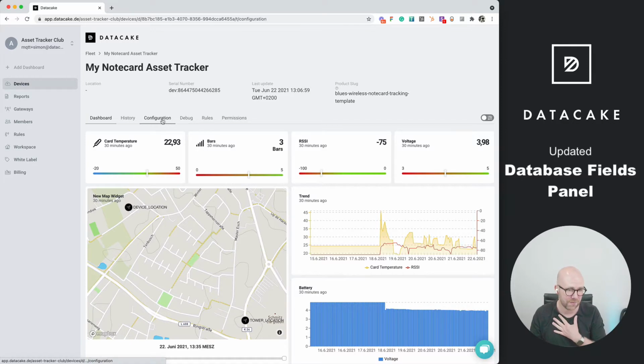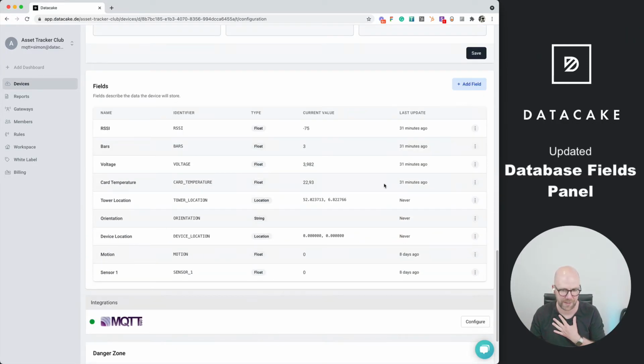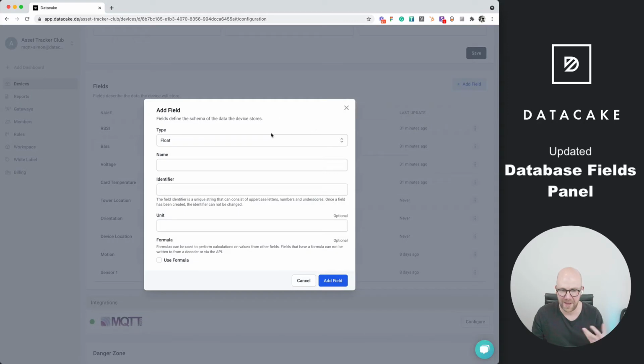So in the configuration, when you scroll down a little bit below the payload decoder, you see the database fields section. So in here, you define all the fields that are in the database and that you want to forward data and store data into. So we redesigned it. It now has the same CSS layout as everything else, and also the Add Field panel